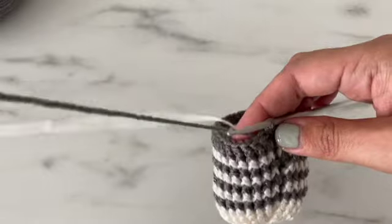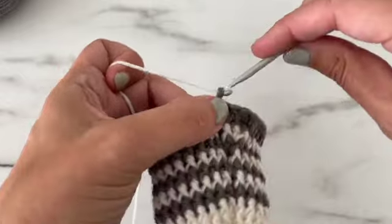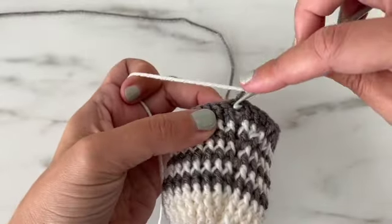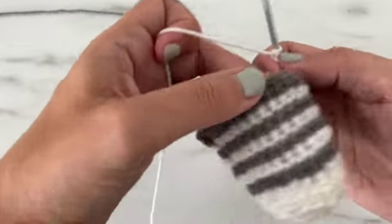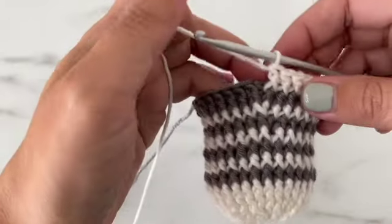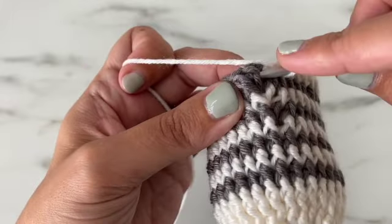So for round H4, I'm switching back to color A, and now I'm going to chain 2, and I'm going to front post double crochet around the next 18 stitches because I'm working on the baby size. So I'm going to front post double crochet all the way until I get to just before this curve. All right, so I've completed 17 front post double crochets. Number 18 is going to go